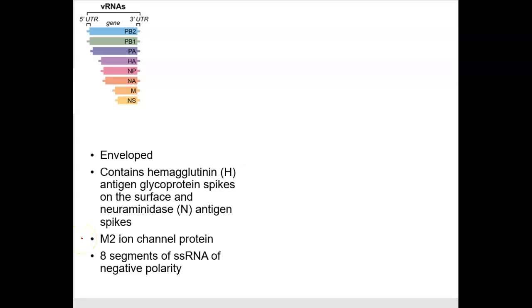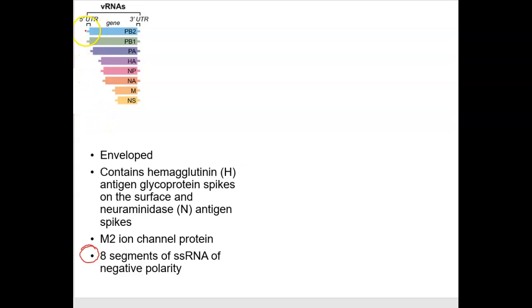So we've got our negative single-stranded RNA in 8 segments. Now this right here is kind of an outline of the genome. We've got our segments here, and of note,